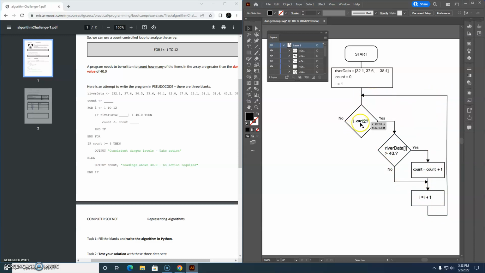Is 3 less than or equal to 12? Yes, it is. So we just stay inside the for loop. I becomes 12. Is 12 less than or equal to 12? Yes, it is. So we do this code the final time. Then I becomes 13. Is 13 less than or equal to 12? No, it isn't. So we break out of the for loop and we go on this path, the no